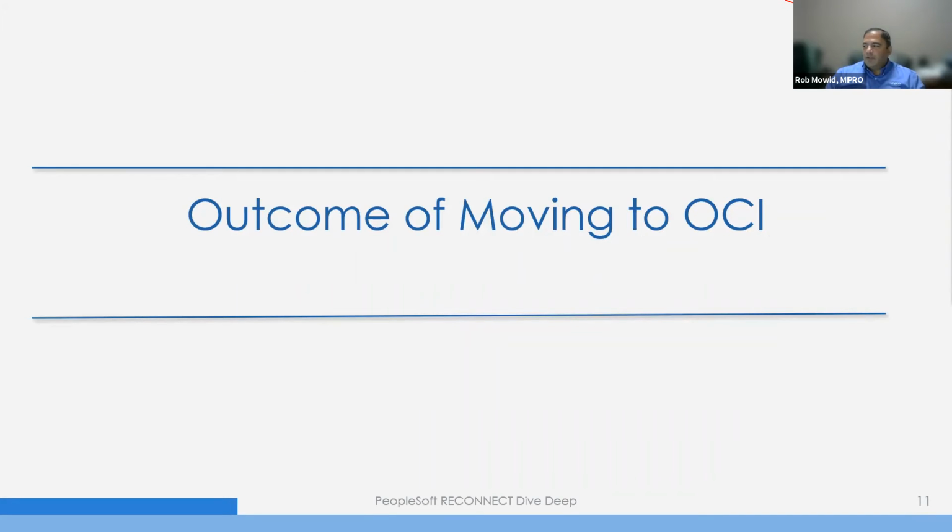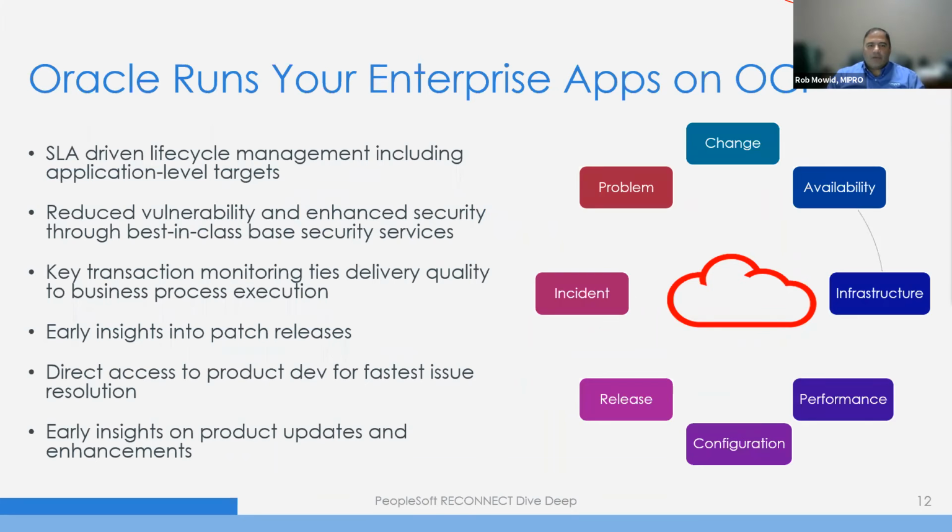So what happens once you move to OCI? What does your environment look like, and where do you go from there? If you decide to make that move, basically you're going from managing yourself, and most mid-sized to large organizations have internal service level agreements on responding to issues, keeping your system up, response times and things like that. But if you make that move into OCI, that's really what's driving it. Oracle is going to give you a service level on response times, and service levels on uptimes and things like that. So that's going to be built into your